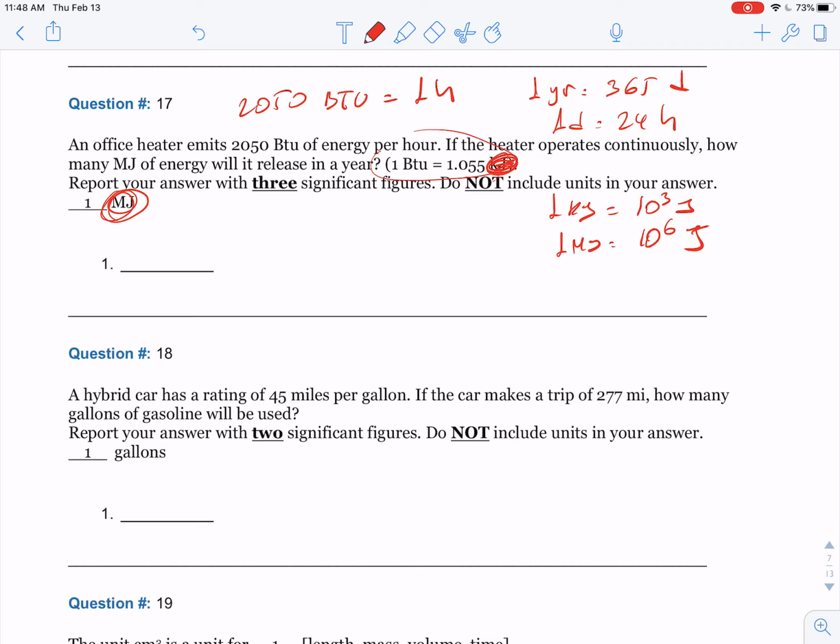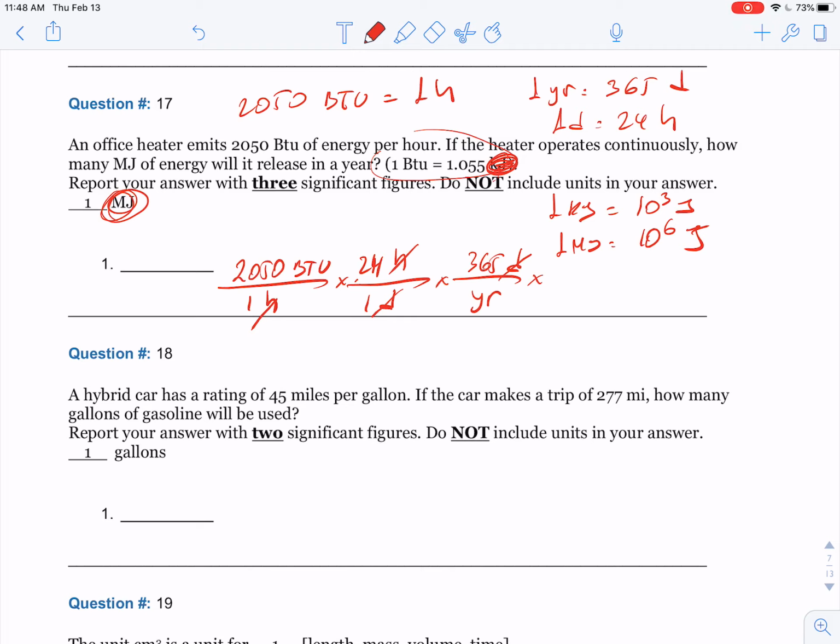Okay, so we have 2050 BTU per 1 hour, times 24 hours a day, times 365 days a year. This cancels with this, cancels with this, times,